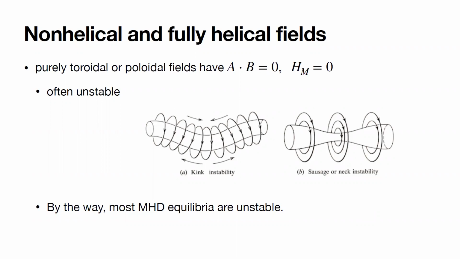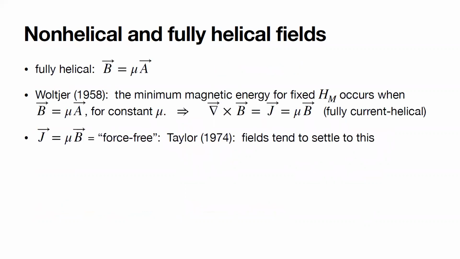That these are subject to kink instabilities and sausage instabilities. And then they found, sort of by accident, that if you add in a little bit of a toroidal field, a field component along that tube, it dramatically stabilizes things, right? And so there's a reason, I'll show you why, we should expect that the stable magnetic fields are going to